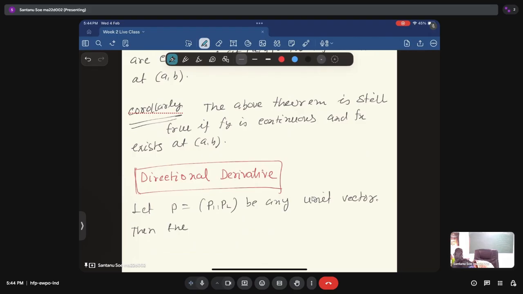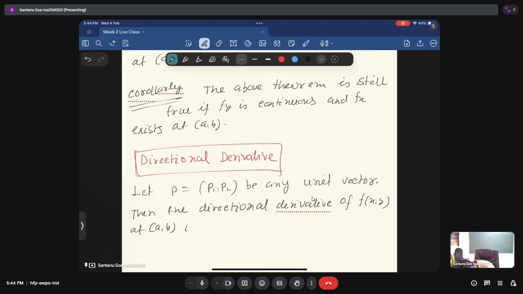Then the directional derivative of f(x,y) at (a, b) in the direction p is